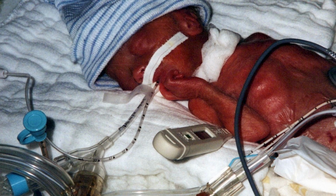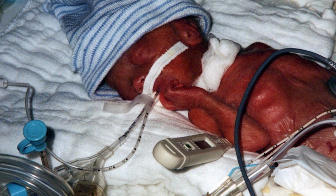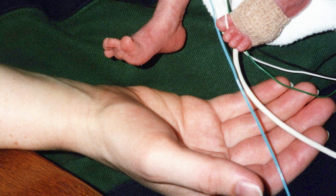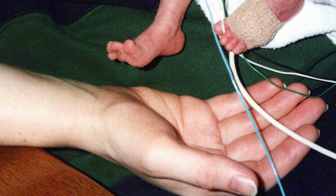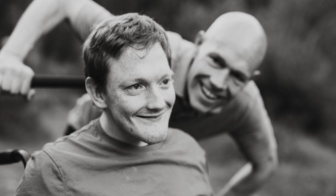Michael was born at 24 weeks, which means he was 4 months premature. Because of that, he had some brain injuries, and he suffered from cerebral palsy, and he had autism. He was on the spectrum. And he developed some pretty serious gastrointestinal issues and bowel issues because of some medications that he needed to use. He also had some pretty serious behavioral